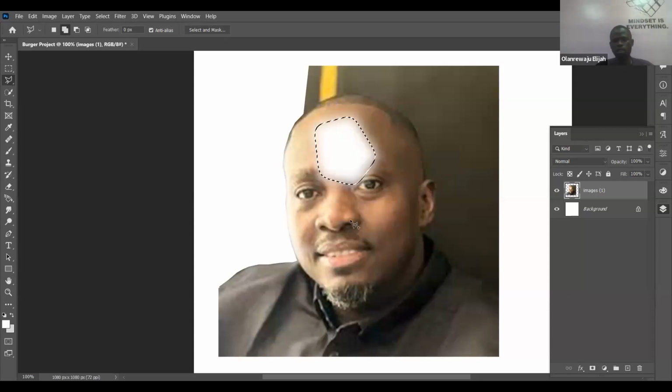Then you click. Can you see now? This one looks more even. You understand? It makes more sense, right? So that's the work of feather. You can see in action how it's being used. That's why it's important that when you are cropping an image, always apply feather to it so that all those sharp edges will become soft, right? Do you get it? So that is that.